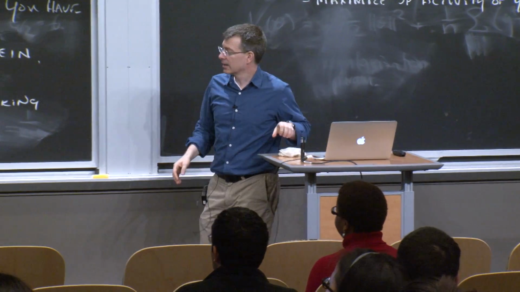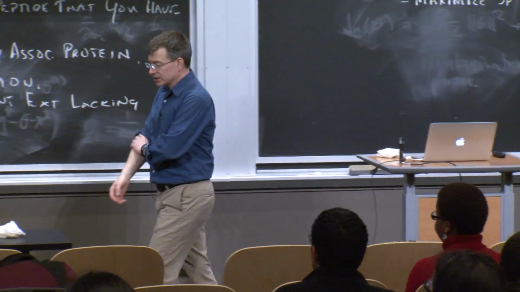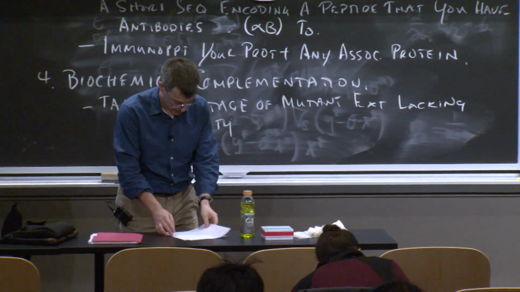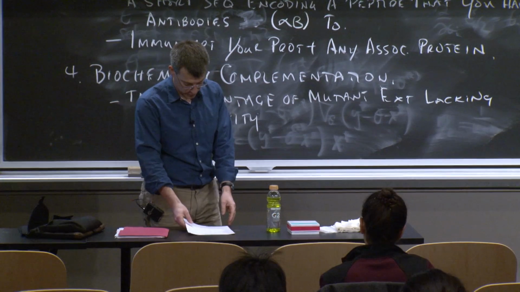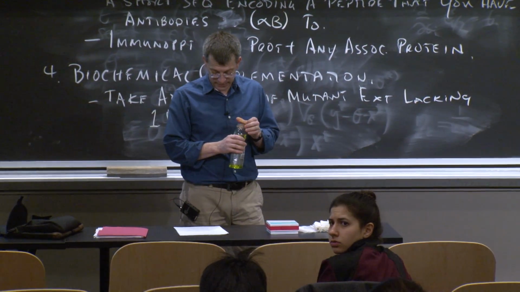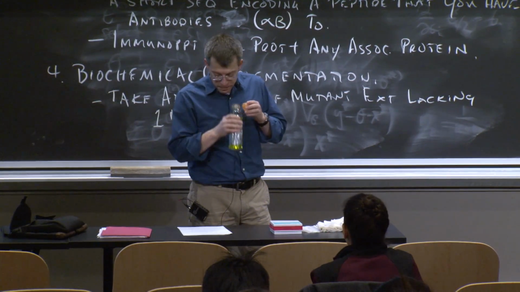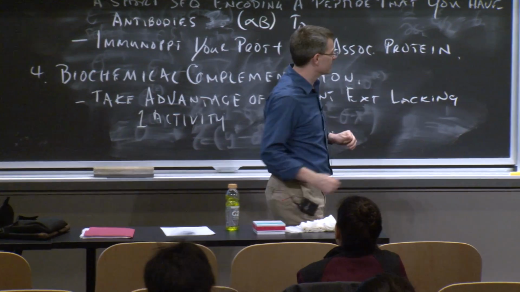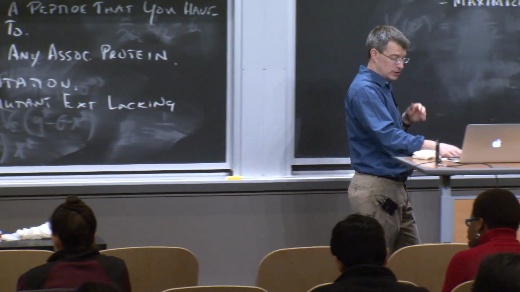So I want to move on to initiation of replication. Right? So how do we get these replication forks? Where do they come from? And what are the proteins that are involved in this process? And what I want to do first is to go through the process of initiation in E. coli,